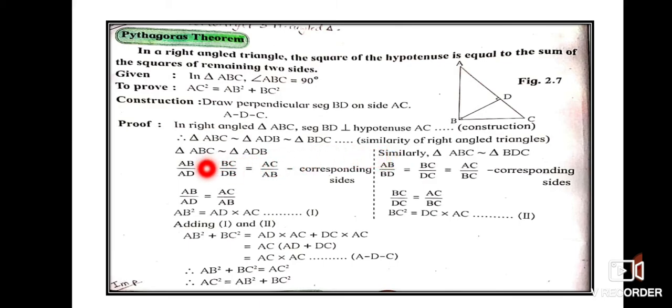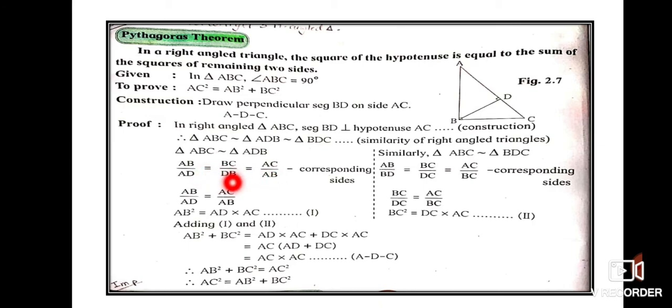It is used to solve sums also and it is used to solve other theorems also. So now we select two triangles, ABC and ADB. The bigger triangle ABC and one smaller triangle ADB. So we are writing these two triangles are similar and then we are writing the proportional sides. That is AB upon AD is equal to BC upon DB is equal to AC upon AB. So these three proportional sides, and you have to write the reason that they are corresponding sides of similar triangles. You can write that also. So here we are saying all three triangles are similar. The reason is similarity of right angle triangle. Now we take two triangles, one bigger triangle and one smaller triangle, and we write the corresponding sides.